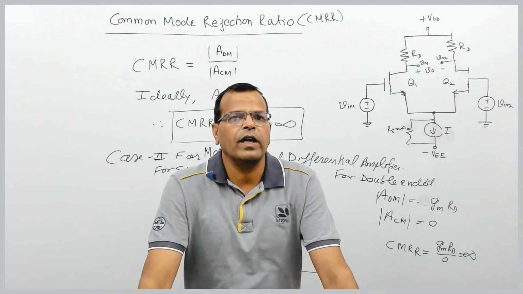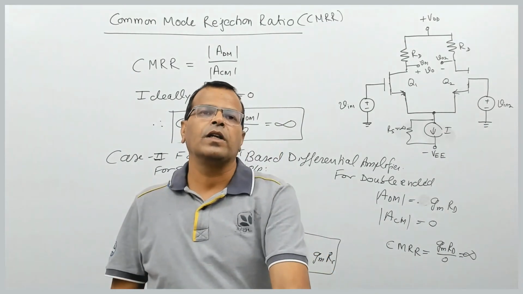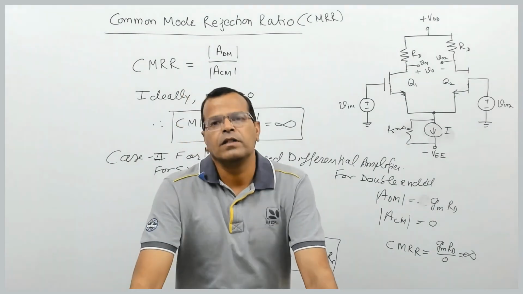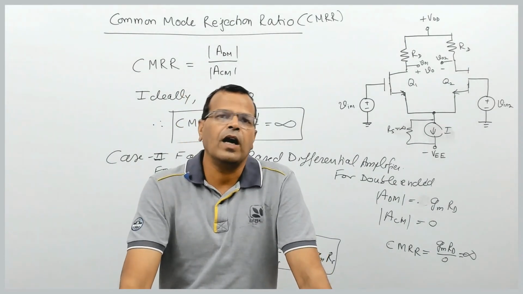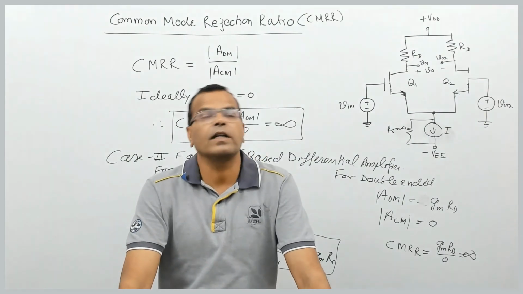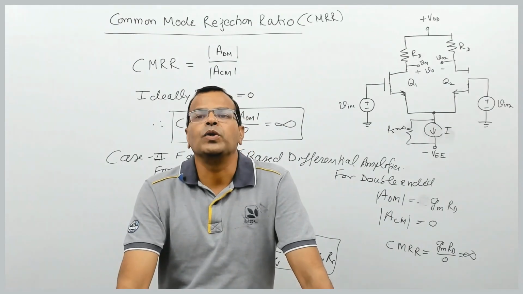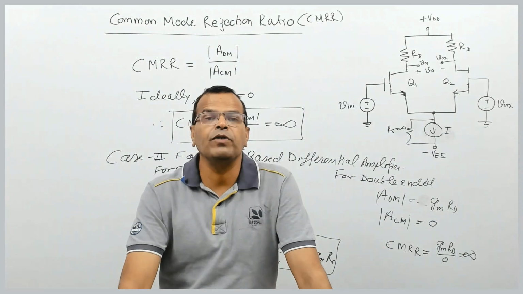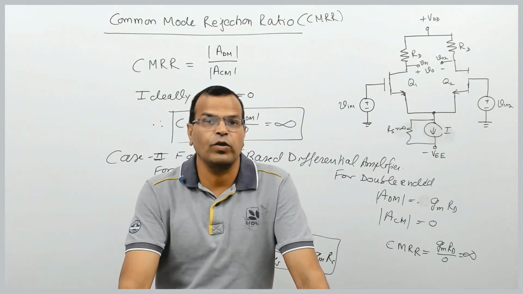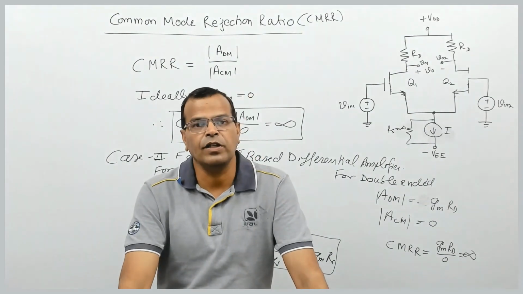So this is all about the common mode rejection ratio of BJT as well as MOSFET based differential amplifier. And of course that finishes your differential amplifier. So we will be starting with the next topic now onward, that is operational amplifier. This topic, that is differential amplifier, is important for objective type paper. You don't have descriptive or conventional type of questions in engineering services, but there can be 1 mark question in GATE and in engineering services prelims. So that finishes your topic.